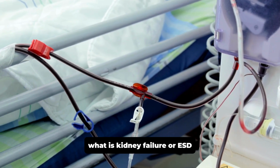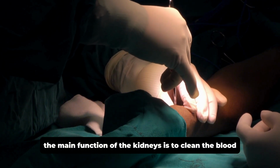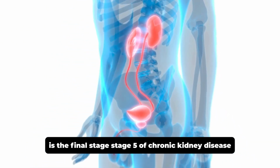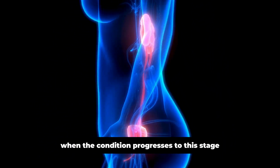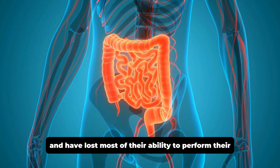What is kidney failure or ESD? The main function of the kidneys is to clean the blood, filtering out excess fluid and waste products. Kidney failure or end-stage kidney disease is the final stage, stage 5, of chronic kidney disease. When the condition progresses to this stage, the kidneys are severely damaged and have lost most of their ability to